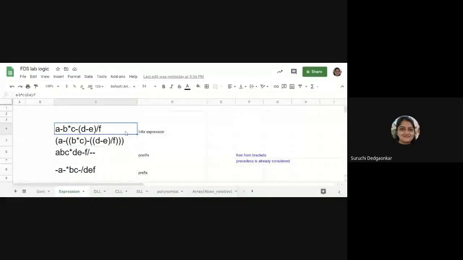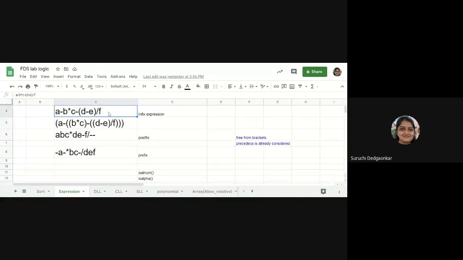Now, to see the logic, we have discussed the algorithms, the evaluation as well as the conversion algorithms, in the lectures. We'll see one example. Suppose we have to convert this given infix expression into postfix, and then evaluate postfix and evaluate prefix.